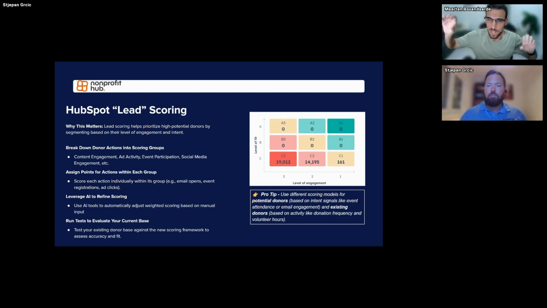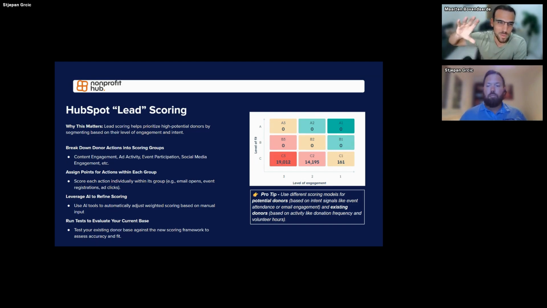If you have a clear idea of what three to four different segments would look like, and there are multiple factors that play into it, like donation amounts and frequencies, et cetera, a lead scoring system is probably going to be a much cleaner way to get your supporters or your donors into these groups. And so the way we go about setting up these lead scoring models, because that can be a bit of a daunting task once you just go into it unstructured,